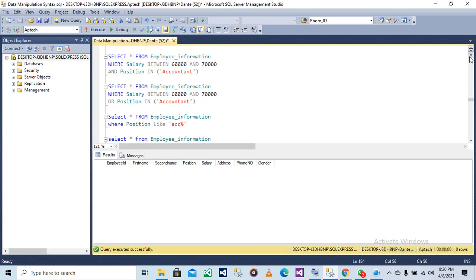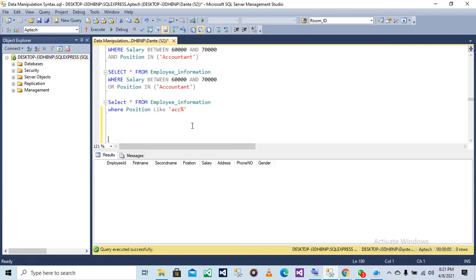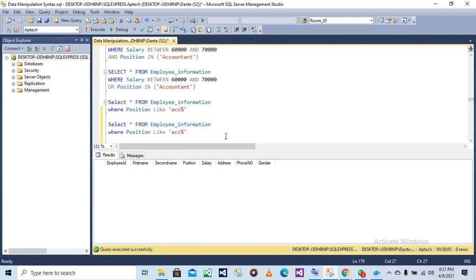Okay. Sorry. For the percentage sign, you can put percentage at the front, but let me select from the table.